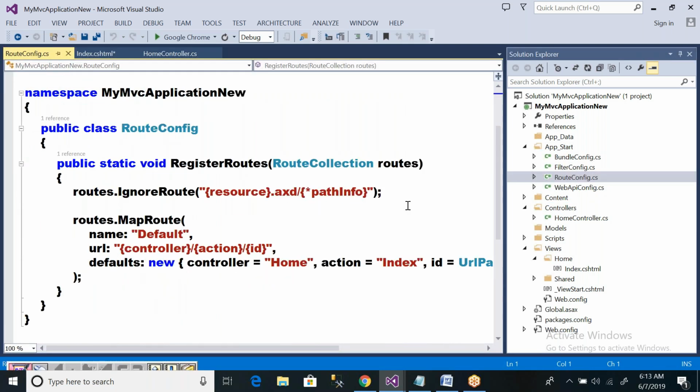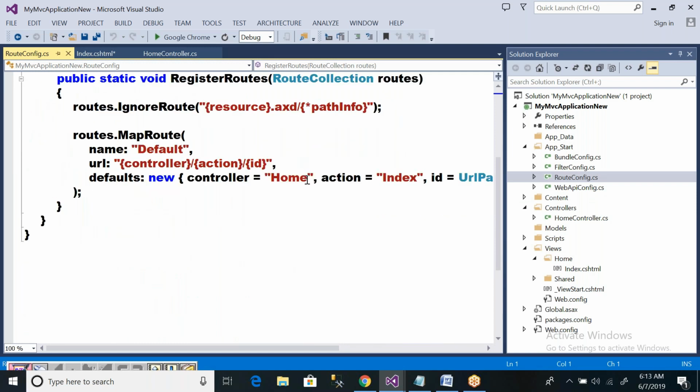This RouteConfig.cs file will decide initially which controller the request should go to, because your application may contain multiple controllers. Right now we have only one controller. Tomorrow you may have n number of controllers. So what is the default controller, what is the default action method, this file will decide.